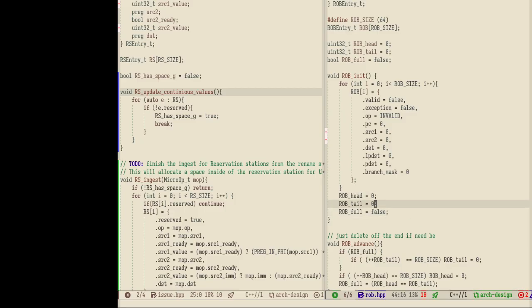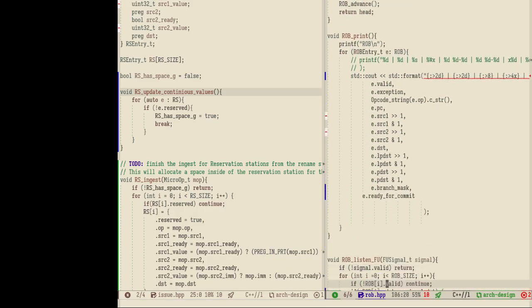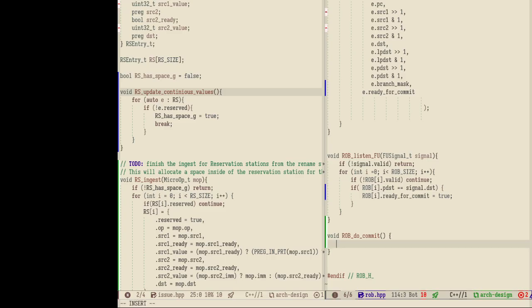We only commit the one at the head, so we're going to check if at head dot ready for commit, then, I mean the tail actually. Yeah, if the tail is ready for commit, then